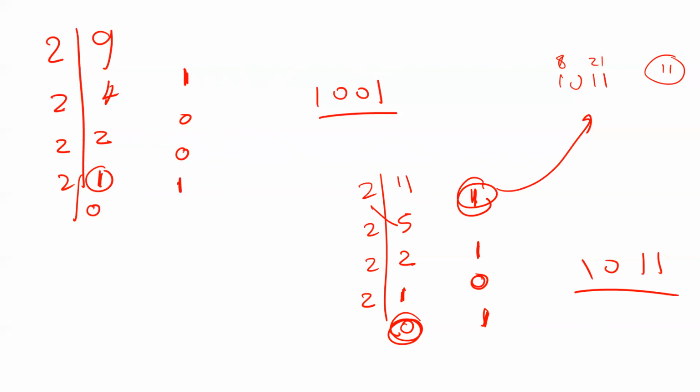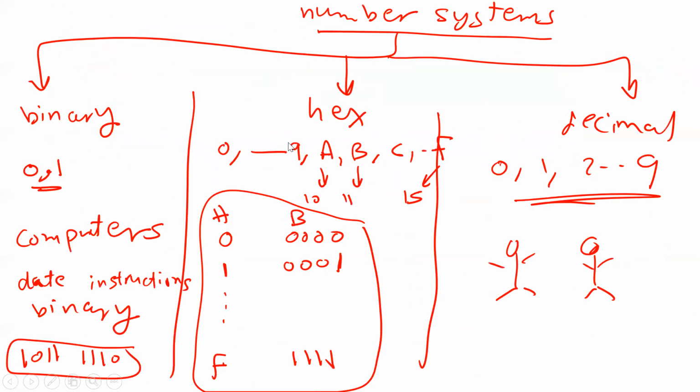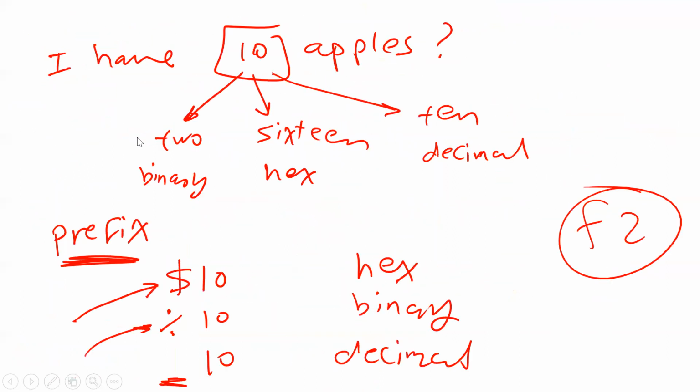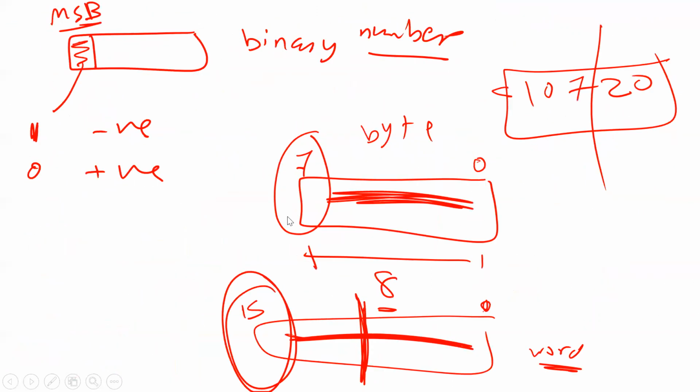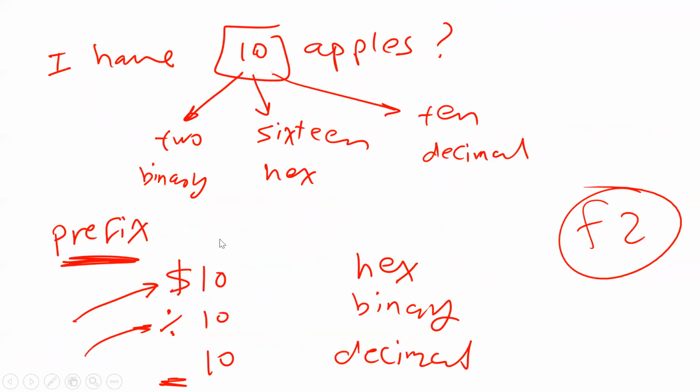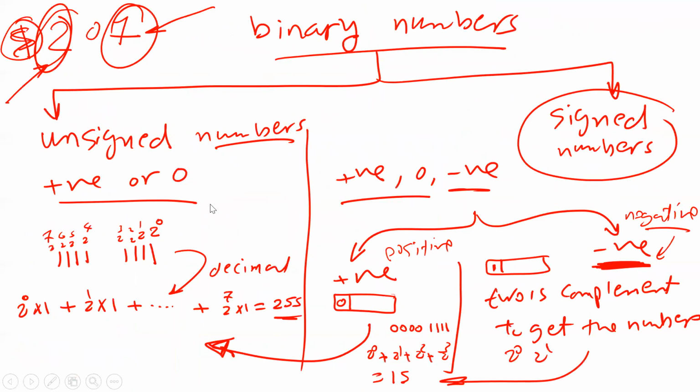Before we take a break, what I did so far, or what you should know, is: number one, what is meant by binary, hexadecimal, decimal. You should know why you are going to use decimal, why binary, why hexadecimal. You should know how to convert binary to hexadecimal and back. You should know how to convert binary to decimal and decimal to binary, whether it is signed or unsigned. You should know the idea of the prefix, to tell what system you are using.